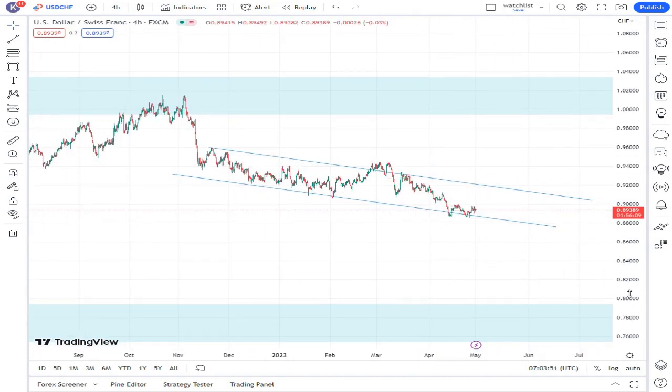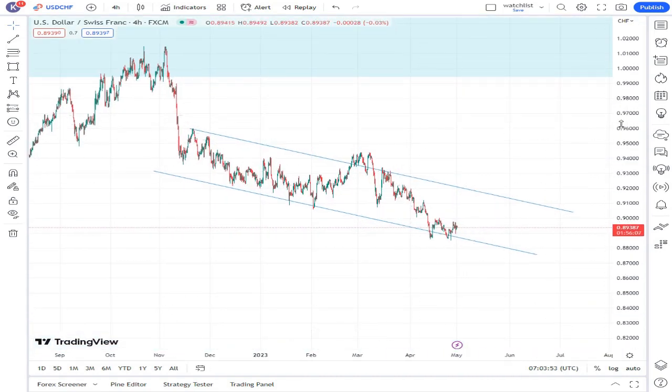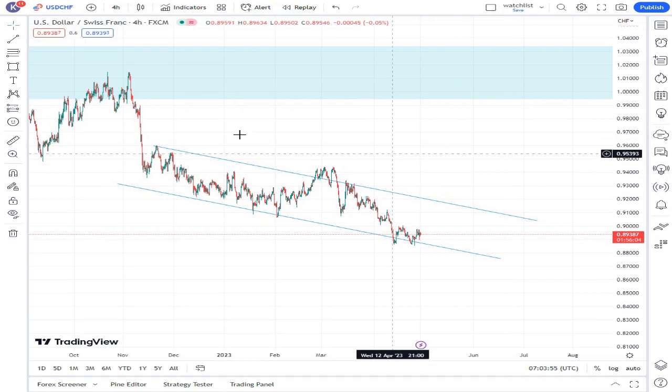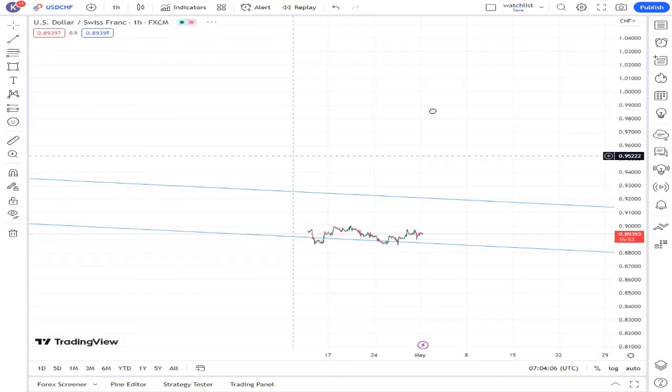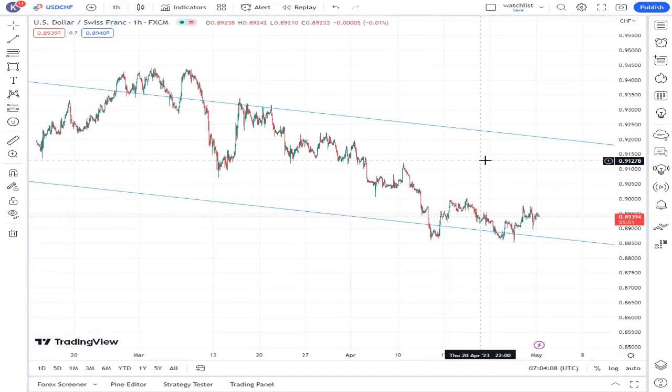We have the support, so we have this channel right here. This is what we're gonna work with, guys. By just looking at this channel, I already see a buy. Okay, because price is trading on our support level there. This acts as support. Okay, guys. So I'm gonna move on to my 1 hour chart